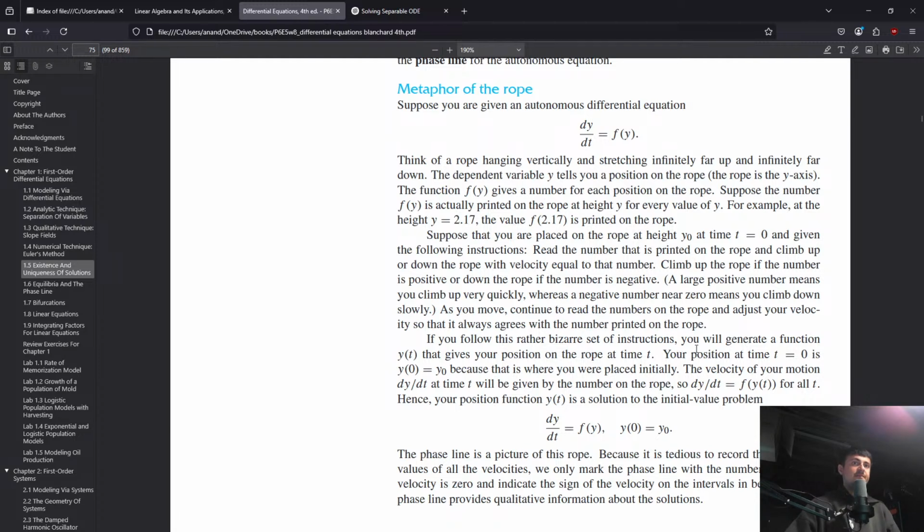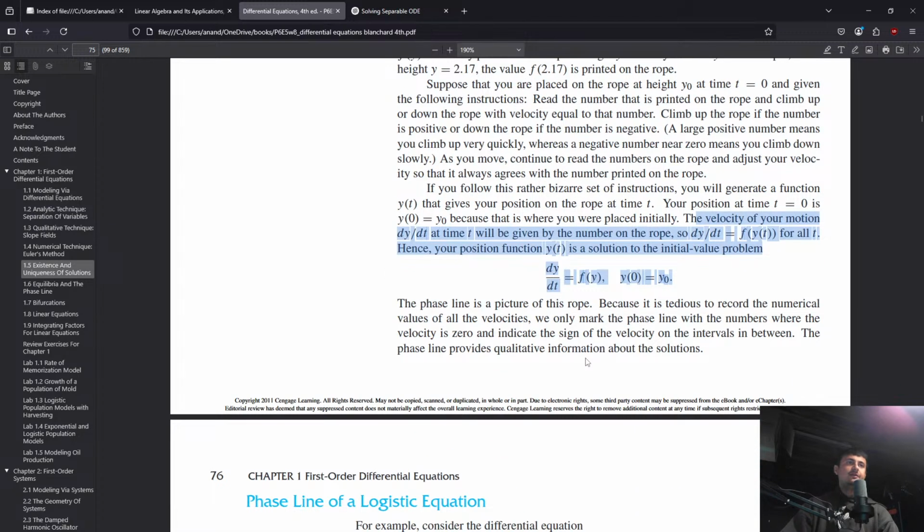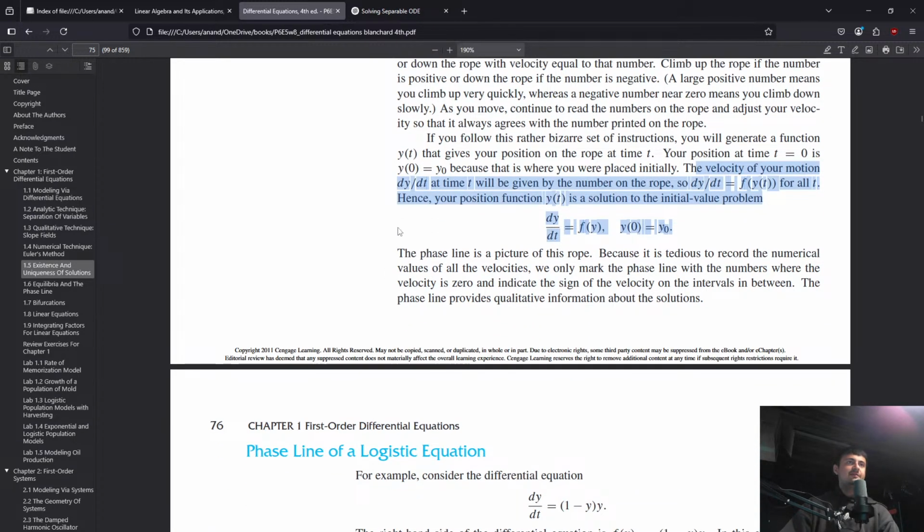Your position at time t equal to 0 is y0, that is y of 0 equals y0, because that is where you were placed initially. The velocity of your motion, dy/dt, at time t will be given by the number on the rope, so f of y of t for all t. All right, hence your position is a solution. I don't get why you need this rope analogy. I mean, the math itself was pretty basic. The phase line is a picture of this rope. Because it is tedious to record the numerical values of all velocities, we mark only the phase line